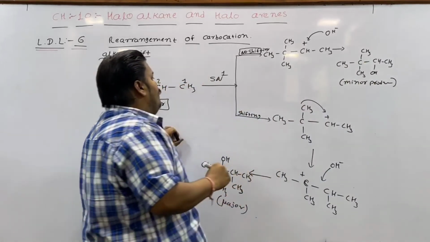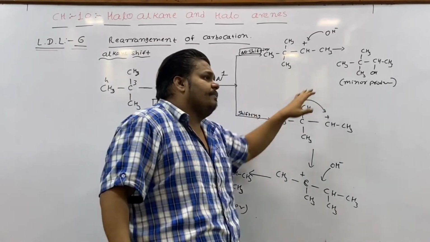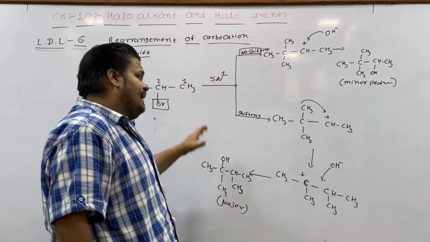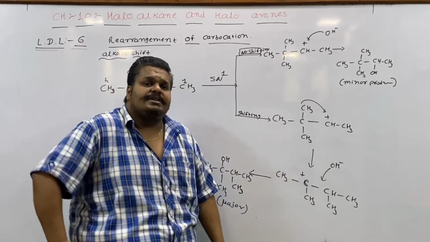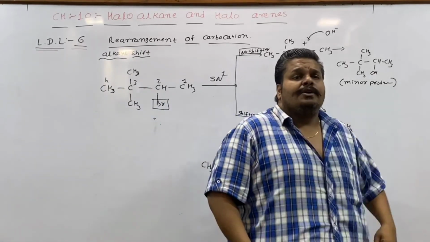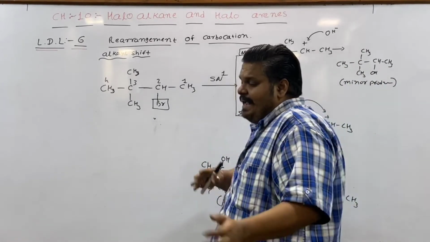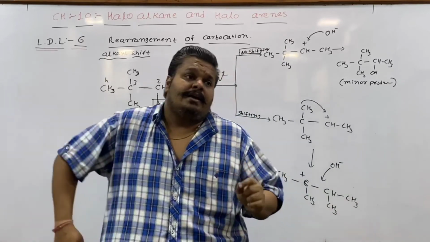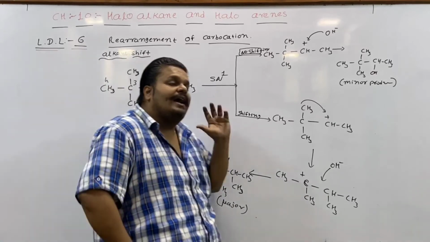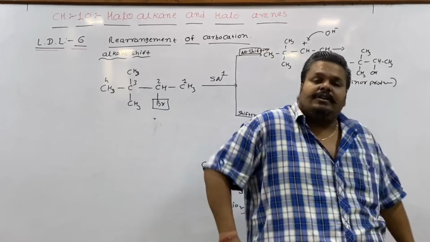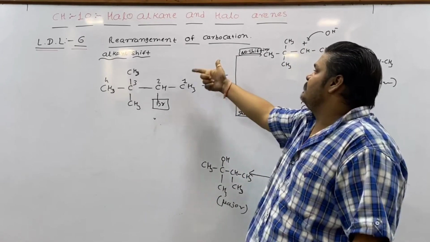So when the reaction follows the SN1 mechanism, it will have two different types of product, a minor product and a major product, in case the carbocation undergoes a rearrangement reaction. So it's a rearrangement of a carbocation to produce two different types of product by following the SN1 mechanism. It's an additional topic not given in a textbook as theory, but its applications are there in your exercise questions.